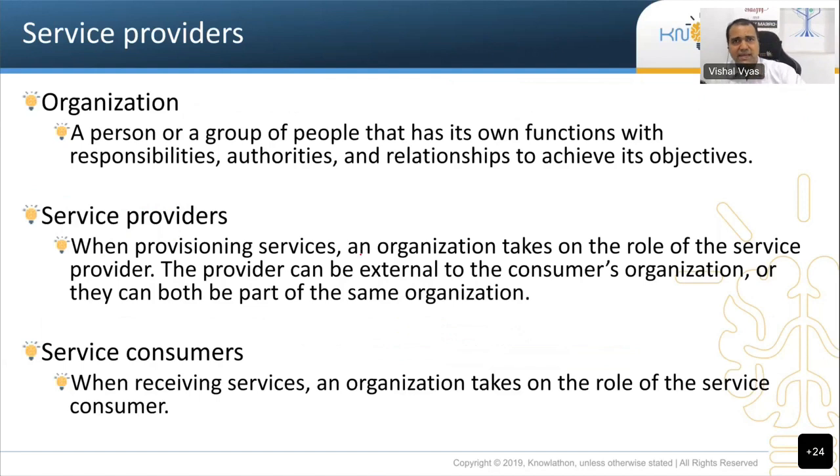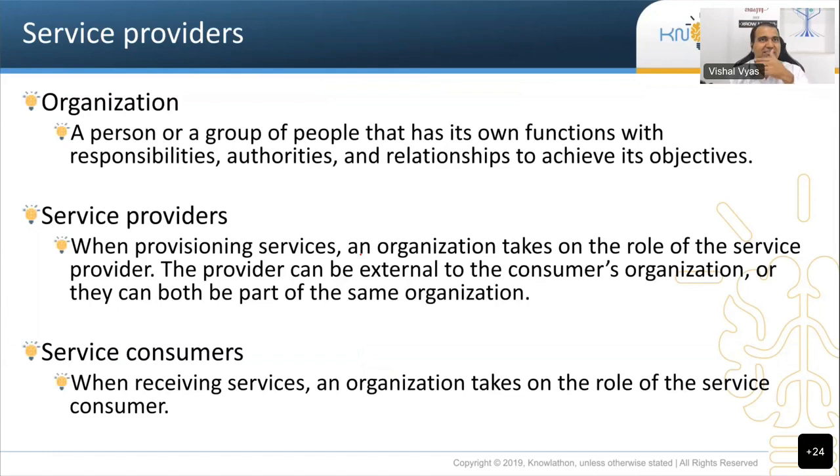So there are no definite boundaries as service provider and service consumer. Any organization that exists today, any organization that you deal with, work for or work with, is simultaneously playing a role of service provider and service consumer at different points. Citibank is offering some services to IBM, savings account, e-banking. IBM is offering some services to Citibank, technical support, server support, network support, and so on.